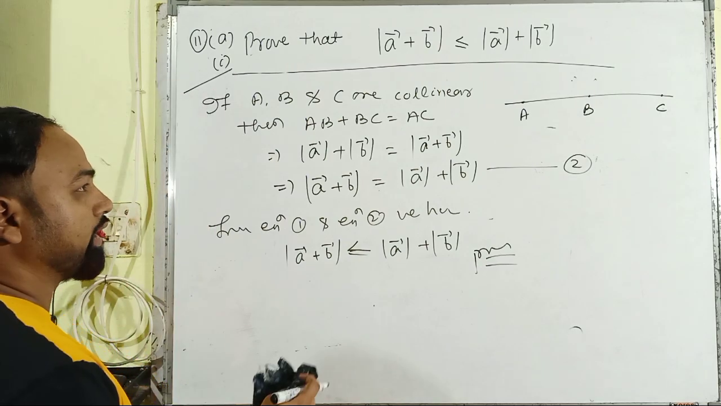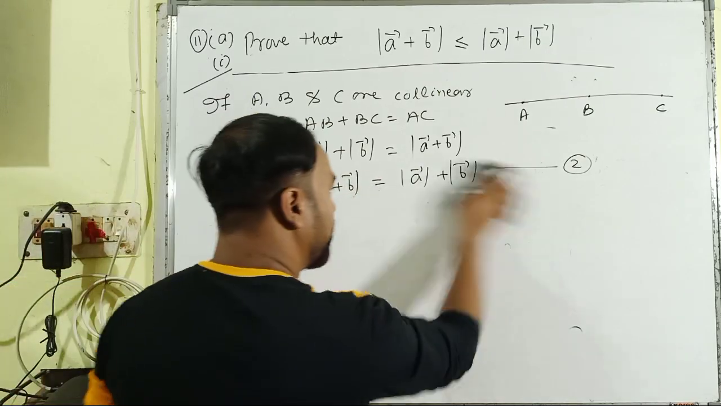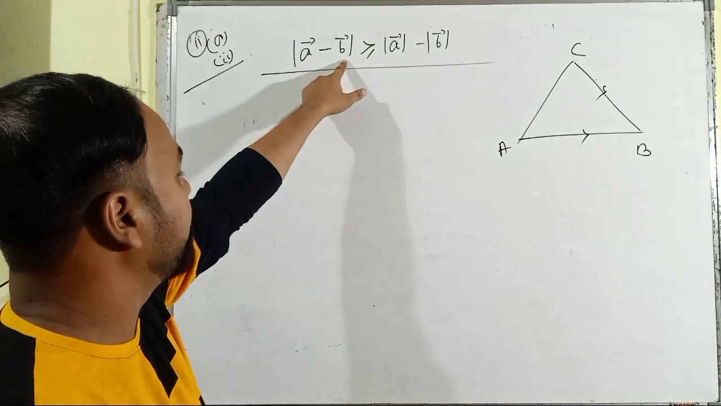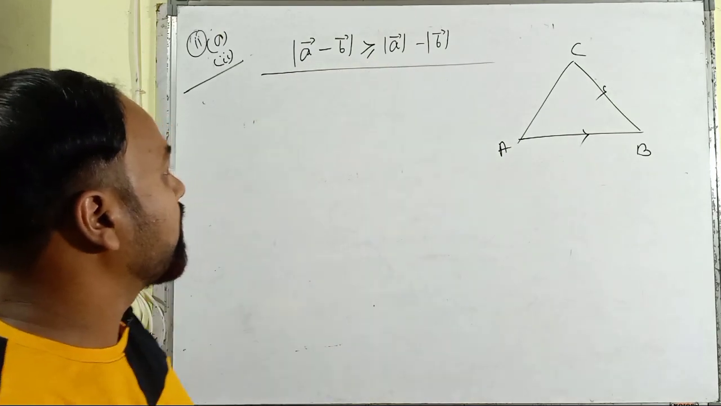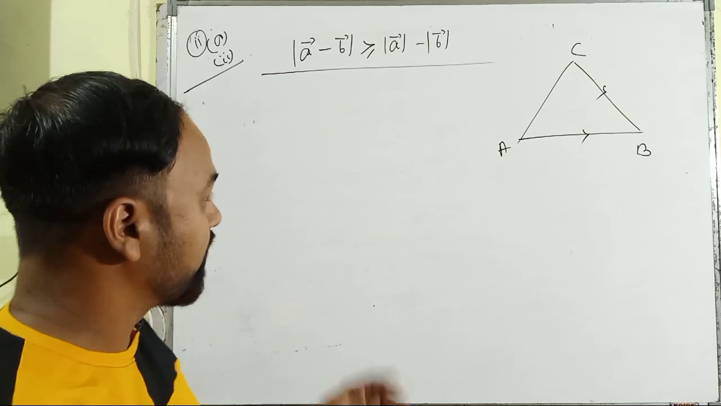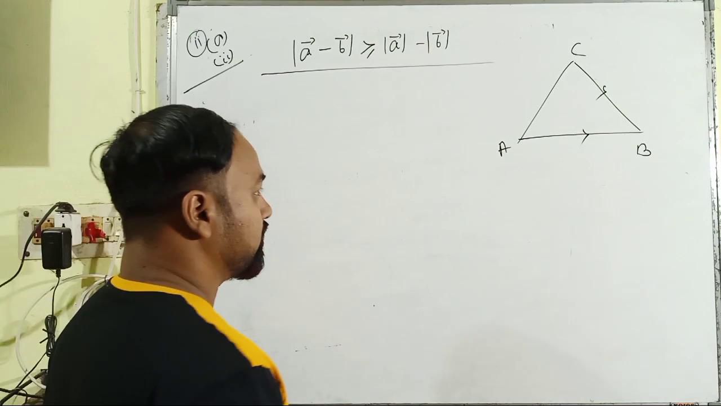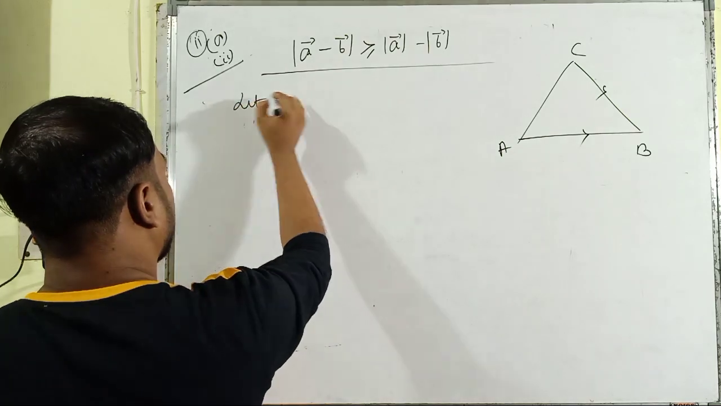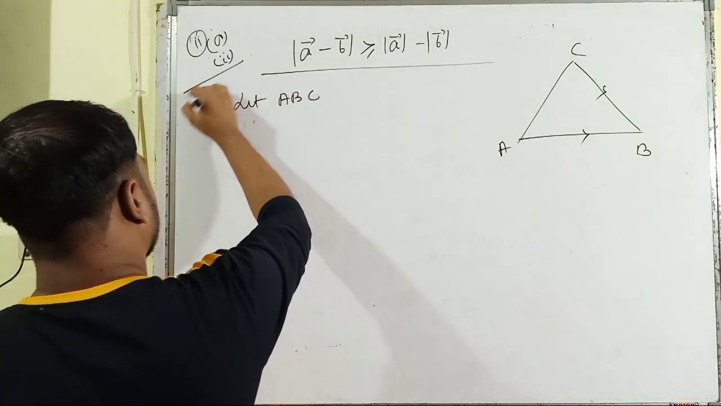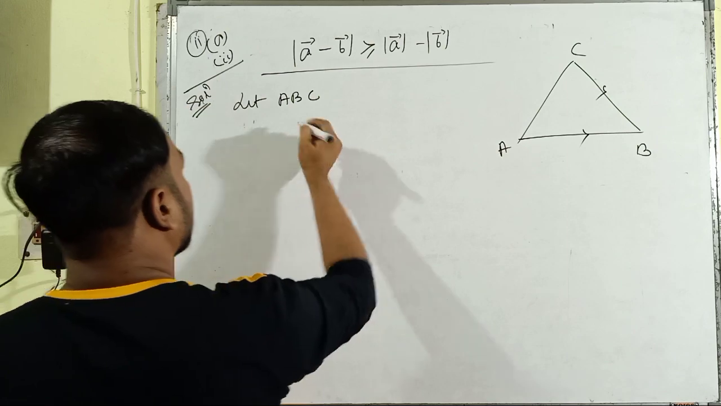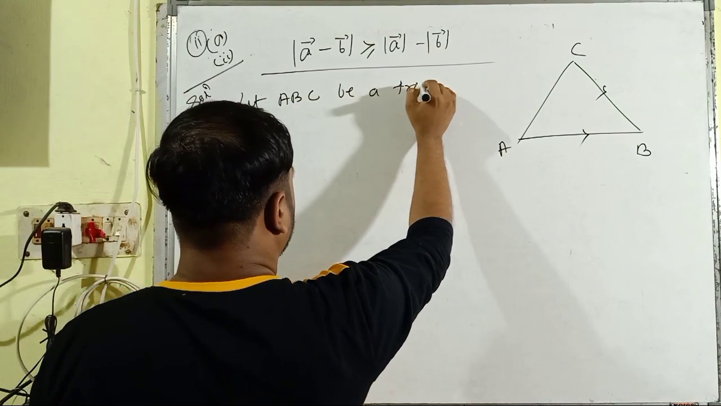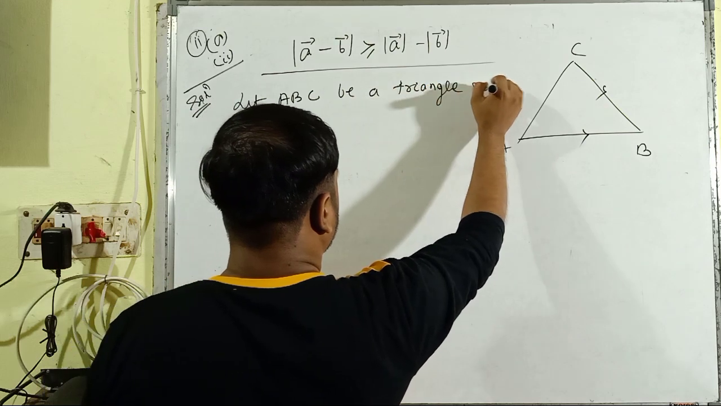Then moving to the second bit. Here it is the second bit, and we have to prove that the magnitude of A vector minus B vector is greater than or equal to the magnitude of A vector minus the magnitude of B vector. Similarly, we have to take the consideration of a triangle ABC first. This is the solution. Let ABC be a triangle such that